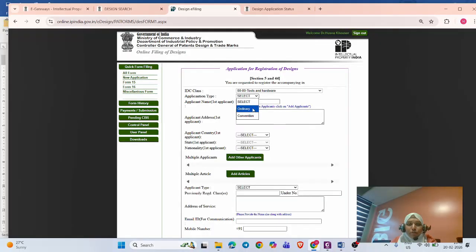Patent, that we are going to file only the ordinary patent. Ordinary is only we are going to file within India. So in that case we have filed. Here we can write the name of the applicant and address,